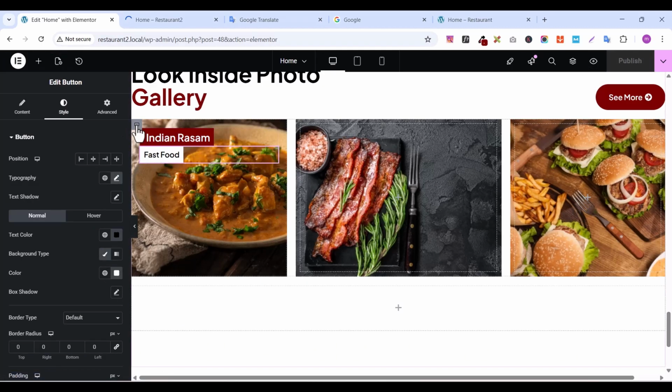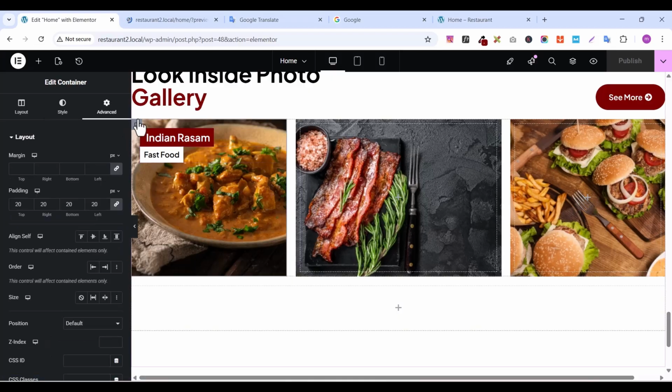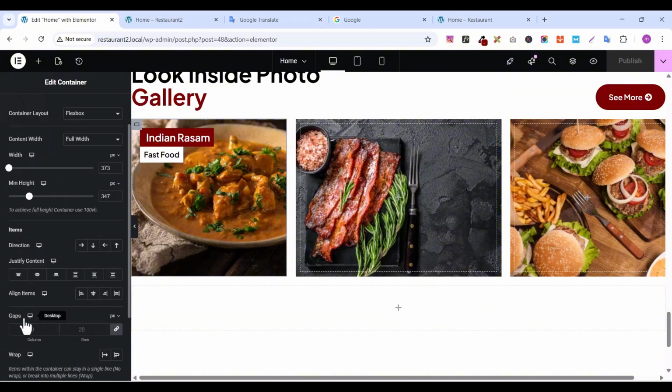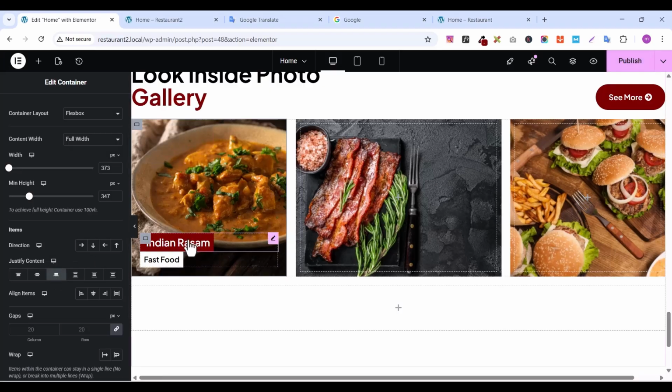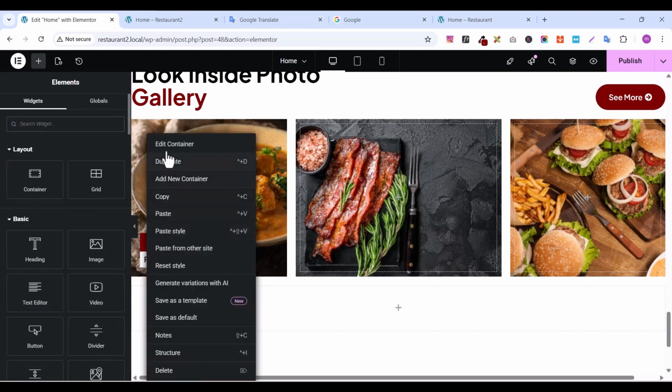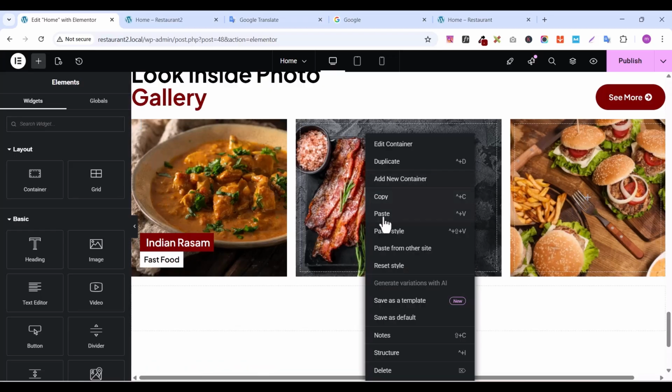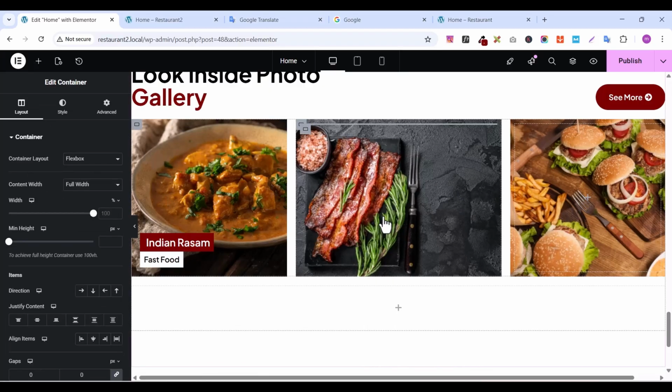So after that, let's select this big column container here. Let's go to layout, and on justify content, click on end here like this, and it's going to bring it to the bottom here. So let's copy this, come back here and paste it like this, and let's select this